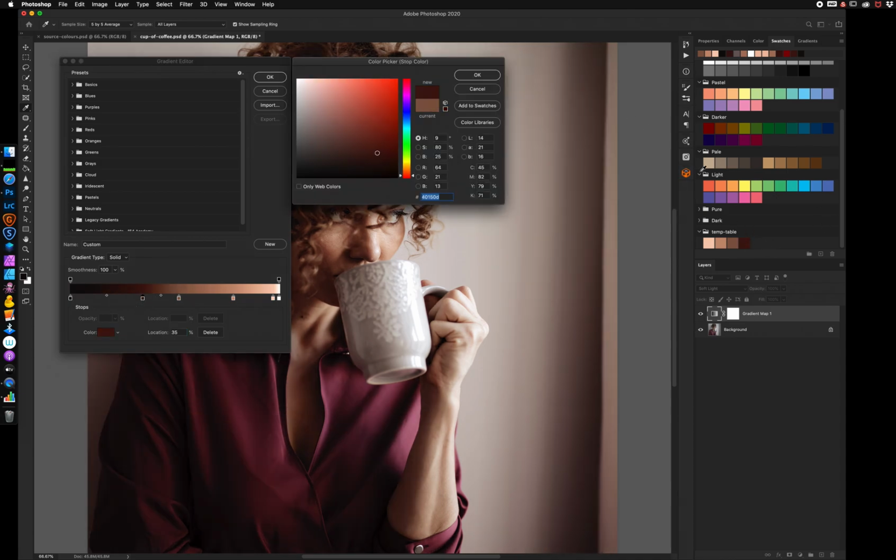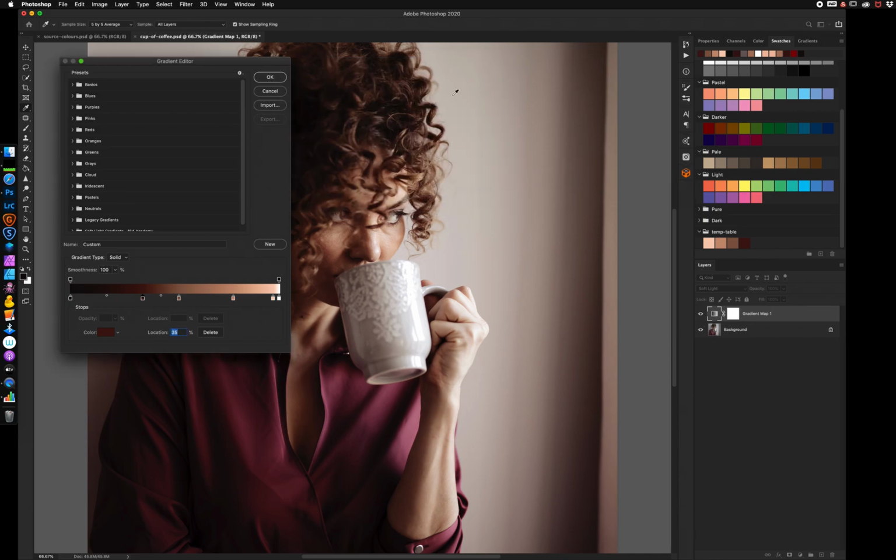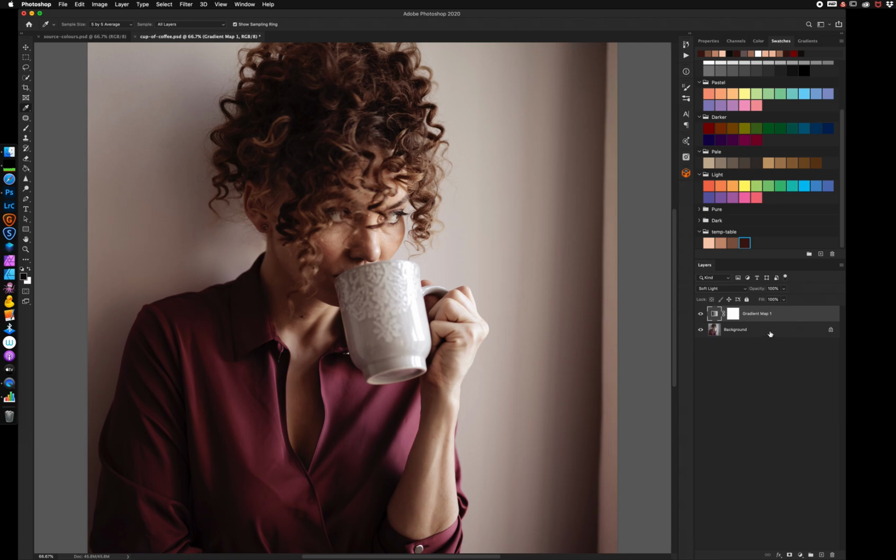Select it from our swatch. Notice the brightness on this one is 25. Click OK. Down in location 25 and click OK. Okay, so that's it. We've actually used those 4 colours in a gradient map to start to apply that